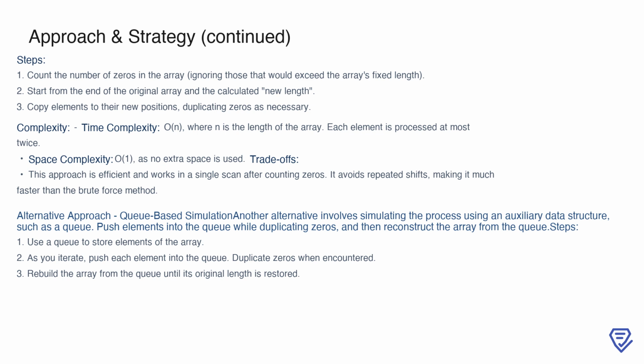This ensures that no elements are overwritten prematurely. With this strategy, we process each element at most twice, leading to a time complexity of O(n). Additionally, it requires no extra memory, as all modifications are done in place, giving it a space complexity of O(1). By avoiding redundant shifts, this method is much faster and more efficient than the brute force approach, especially for larger